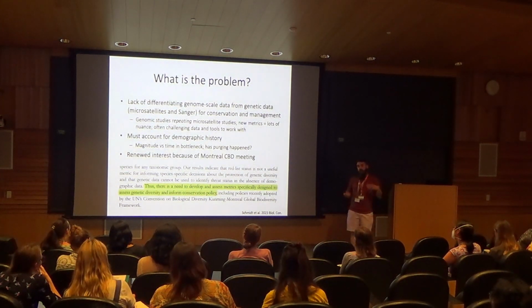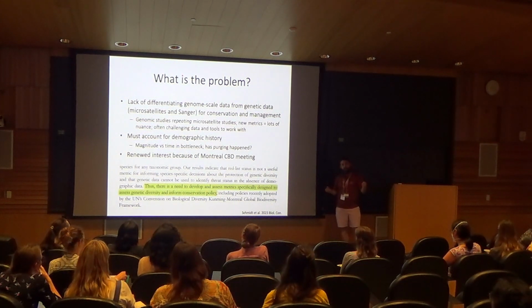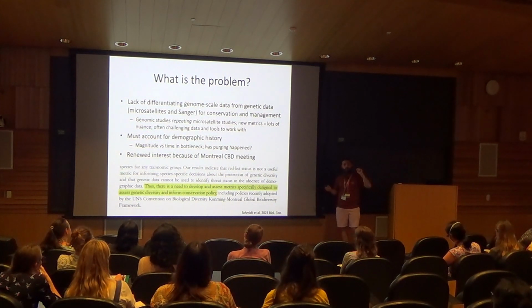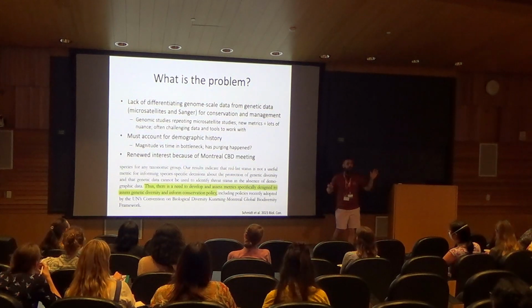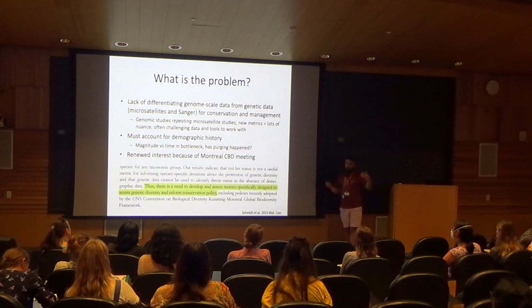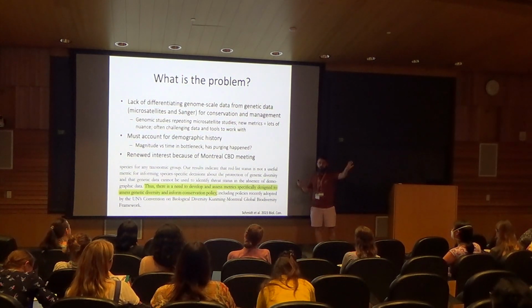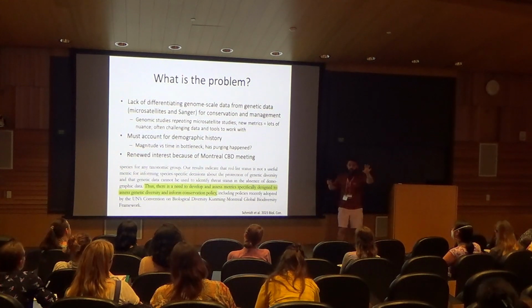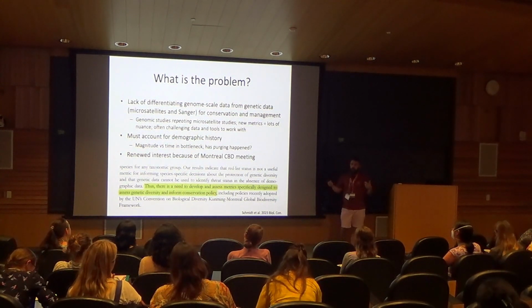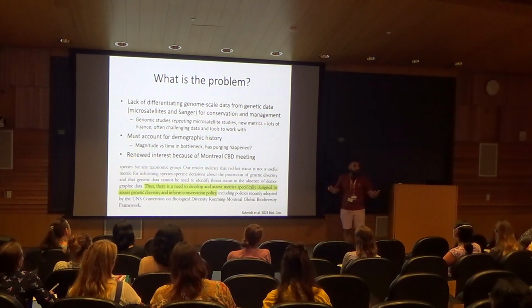I think there has been a lack of differentiating genome-scale data from genetic data when it comes to small populations and conservation issues. What do I mean by that? I'm an editor at Conservation Genetics, and what I see now are genomic papers that are just applying microsatellite analyses, STRUCTURE, PCAs, and saying, hey, this is a population of concern. I think that's a problem because we're missing an opportunity to take advantage of novel metrics and the power